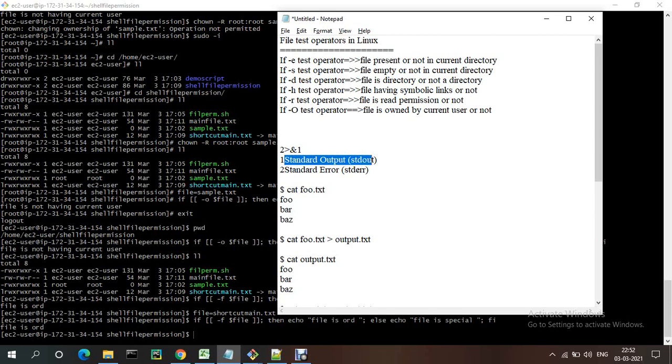And 2 is standard error. When you execute something, it will generate some output. Sometimes it will be a success, sometimes a failure. The error one and the success one, we indicate with 2>&1.